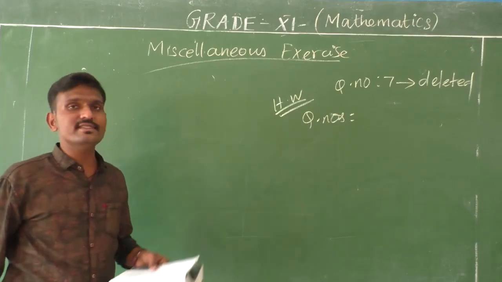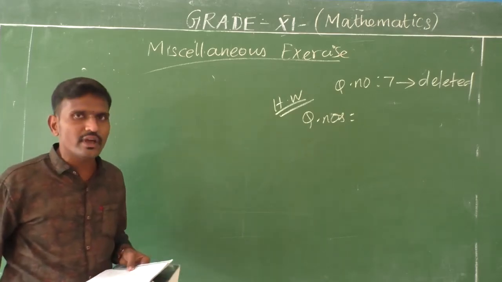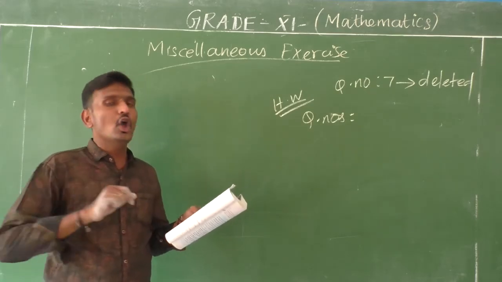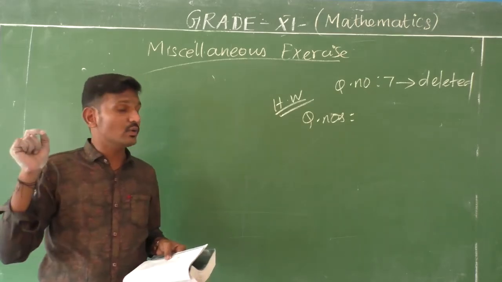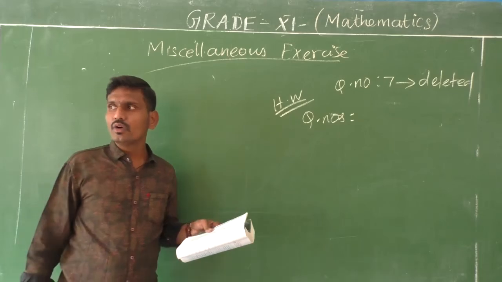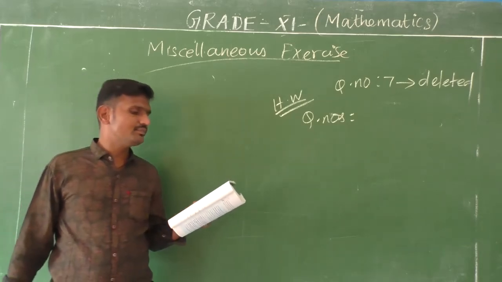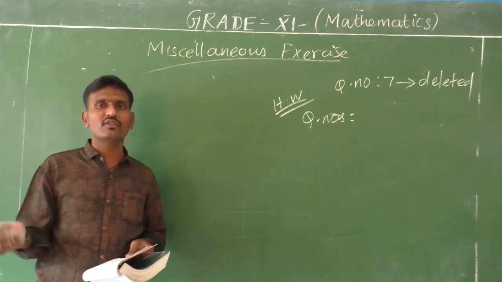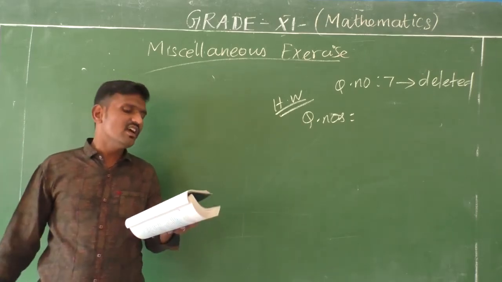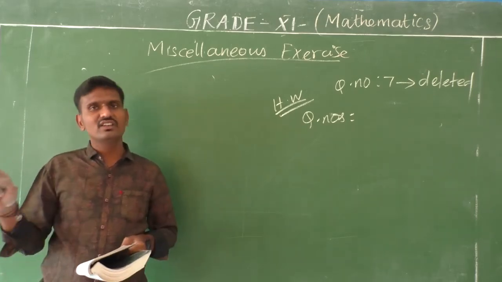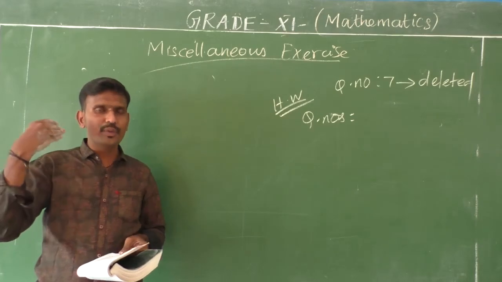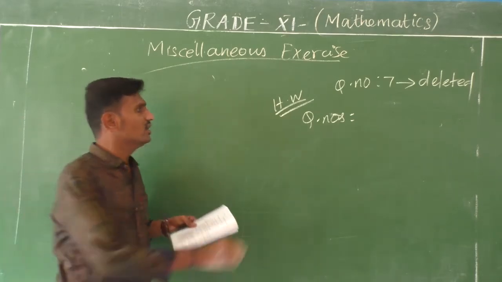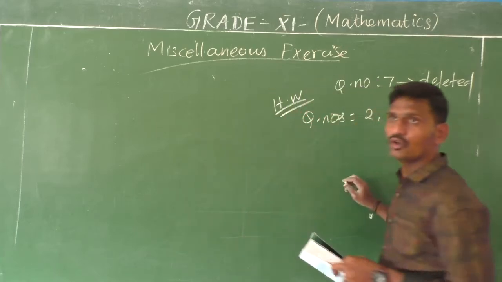Question number 2 is very simple. See, f of x equal to x square. So we have to find f of 1.1 minus f of 1, the whole divided by 1.1 minus 1. Now listen, x equal to 1.1. So 1.1 the whole square, what will come? 1.21. Minus f of 1 means what will come? 1 square, 1. So based on this you have to substitute and get the answer. Okay, so the question number 2.